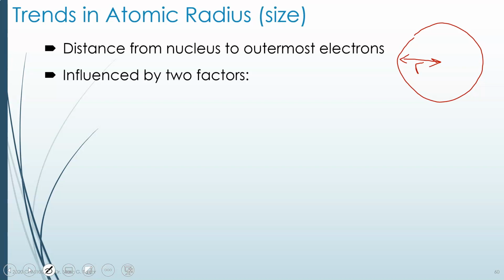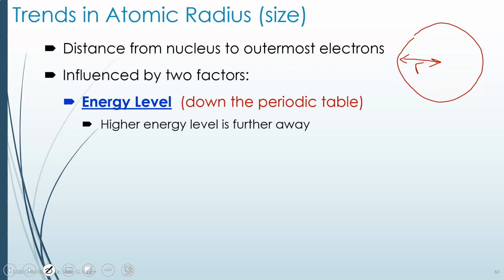One of them is very obvious, and the other one is not so obvious. The first factor is the energy level. That is, as you go down the periodic table, you've got elements at the top of the periodic table. I'm just drawing it as a simple rectangle. So the elements at the top here are small, and pardon my horrible handwriting, and the elements down here are